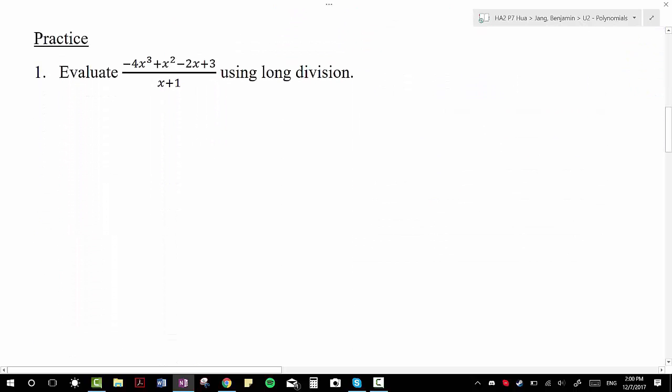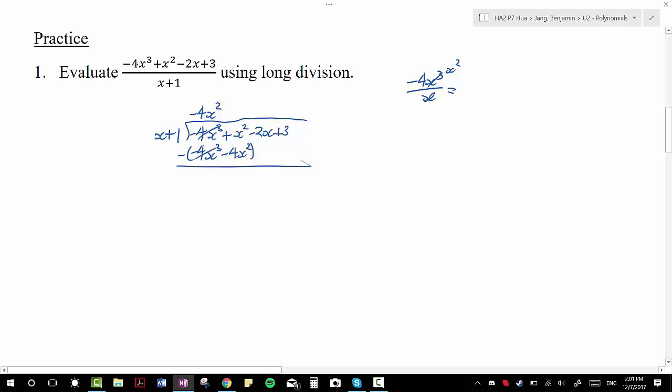And let's look at the practice problem. Evaluate negative 4x cubed plus x squared minus 2x plus 3 divided by x plus 1. So let's see, how many times does x go into negative 4x cubed? This cancels and this becomes squared, so it's negative 4x squared, which you multiply into the divisor, and you get this,